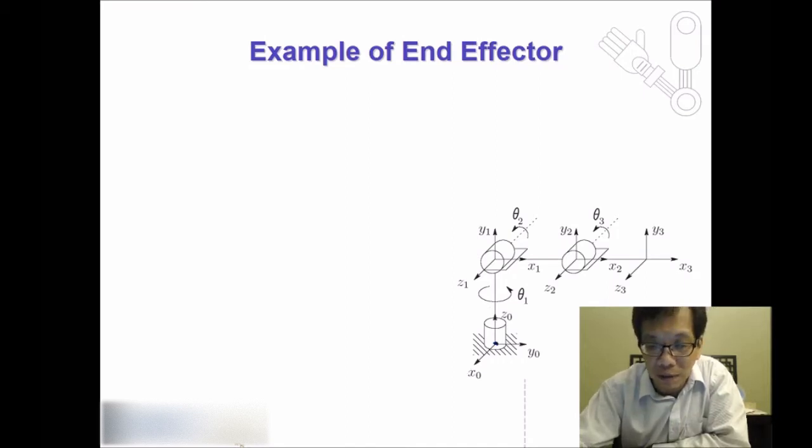And before it moves to the second frame, it will start to rotate, which means one of the variables you need to consider over here is theta 1, this one. And after it goes to this one,